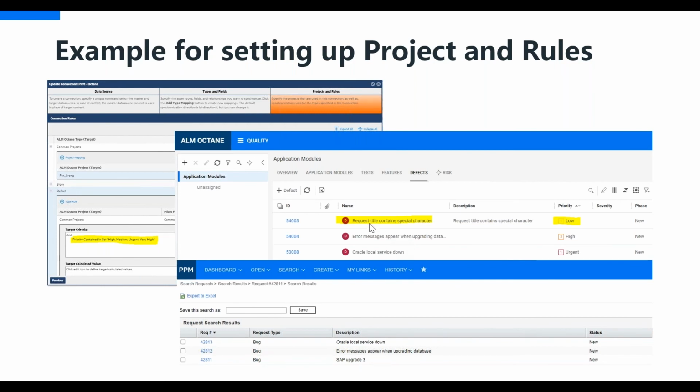But the first one, which is highlighted, where the request title contains special character, is a low defect. And since we do not want to create that low impact defect in PPM because of this condition, that particular bug has not been created for this specific scenario.